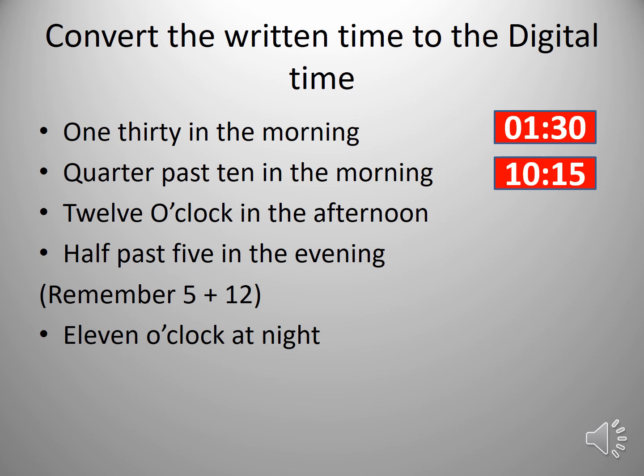12 o'clock in the afternoon. So this is also known as midday. How do we write midday? 12:00. Now the equivalent at midnight is we add 12 to that, so that would be 24. Now instead of seeing 24:00 on a clock, because it would then go to 24:01, we start with 00:00. So midnight is in fact 00:00. The day is about to start all over again, so 1 minute past midnight would be